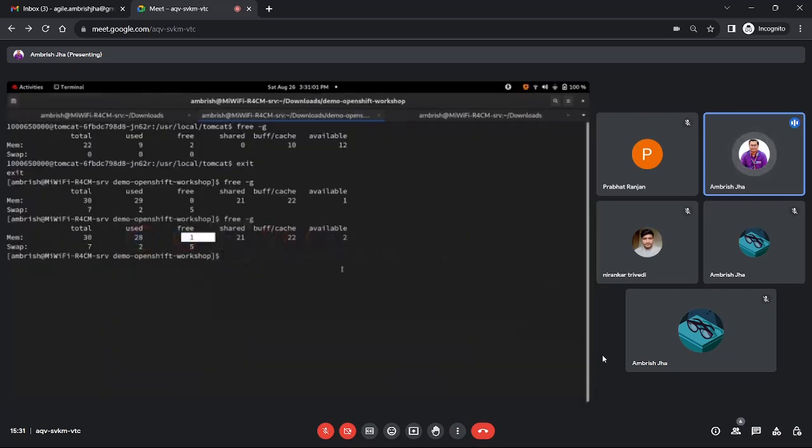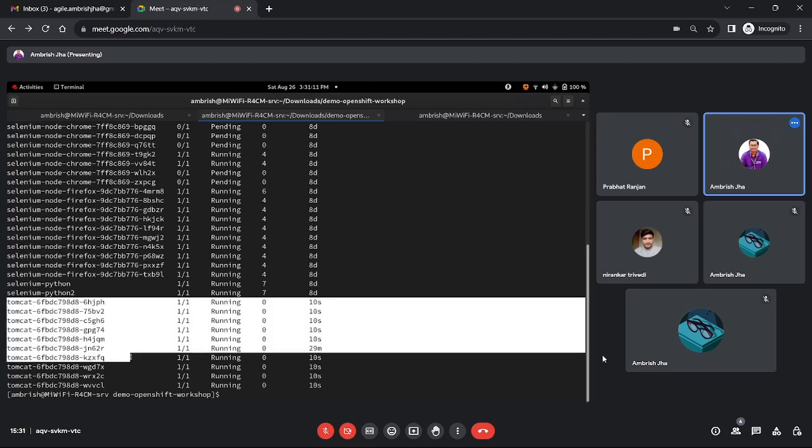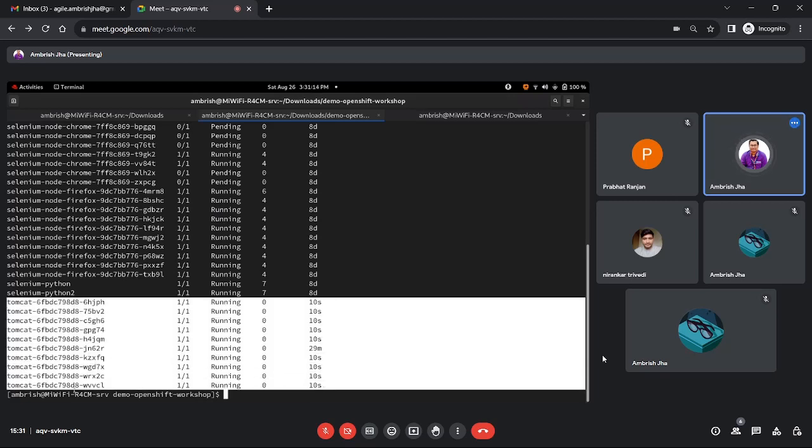And if we go to the terminal and we see oc get pod, see here, 10 instances of my Tomcat are created. 1, 2, 3, 4, 5, 6, 7, 8, 9 and 10. The last 5 characters are the short name of each container. And before that, this is the name of the image which is used to make this container. So you can see that from the same base image,